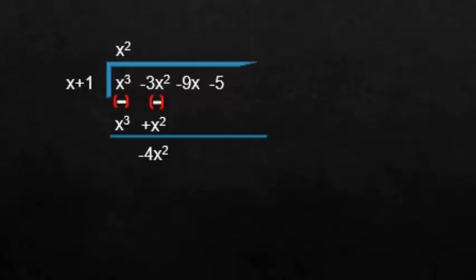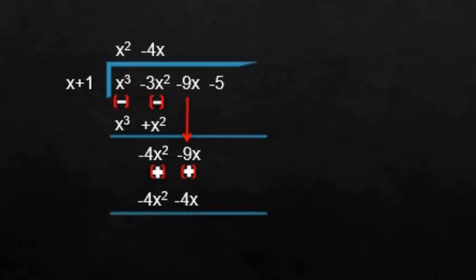And now we bring minus 9x down. So you have now the dividend as minus 4x square minus 9x. Now we have to divide it with x plus 1. The first term of the dividend here is minus 4x square, and the first term of the divisor is x. So minus 4x square divided by x gives you minus 4x, which you write in the quotient's place. Again you have to multiply. Minus 4x into x gives you minus 4x square, you write down. Minus 4x into 1 gives you minus 4x, which you write below, minus 9x. Now again you are subtracting.